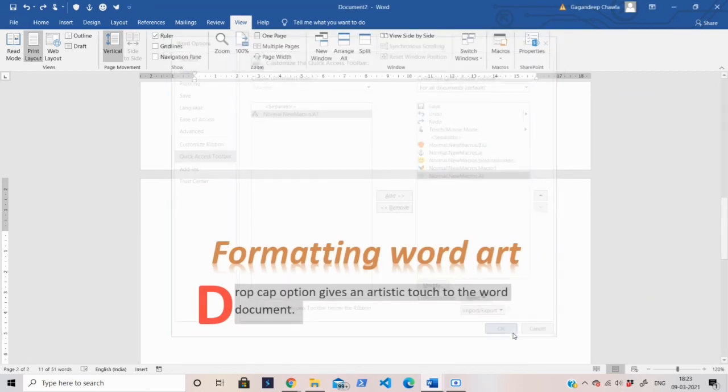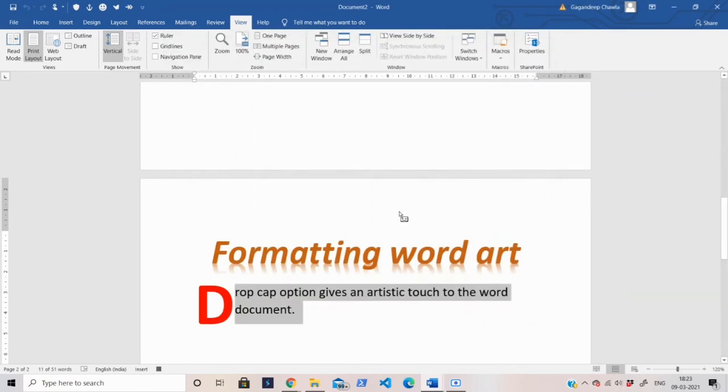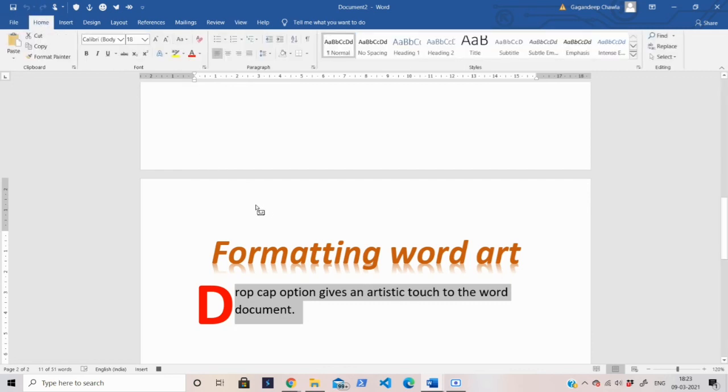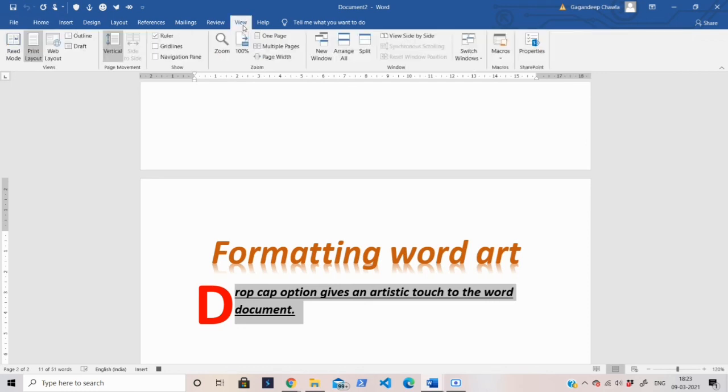Click on OK. Now you can see that the mouse pointer has a kind of cassette attached to its tail. Whatever action you perform will be recorded. If you make the text bold, it is recorded; italic, recorded; underline, recorded. These three we have recorded. Then again go to the View tab, go to the Macros option and click on Stop Recording. Now your macro has been recorded and the button has been added to the quick access toolbar.